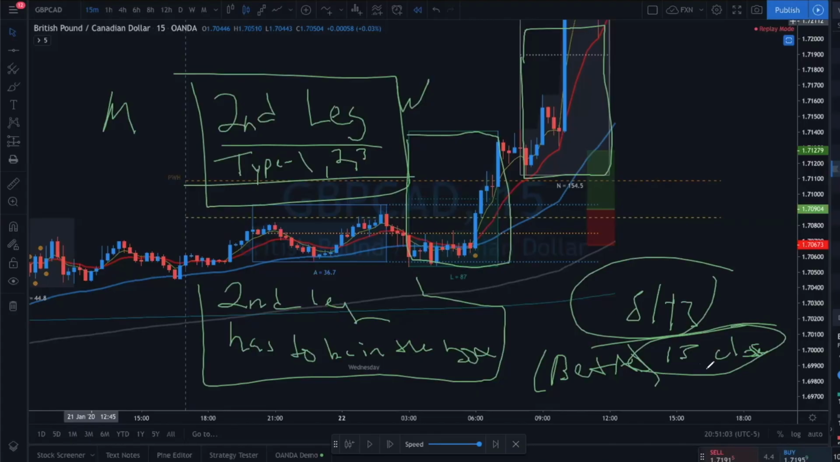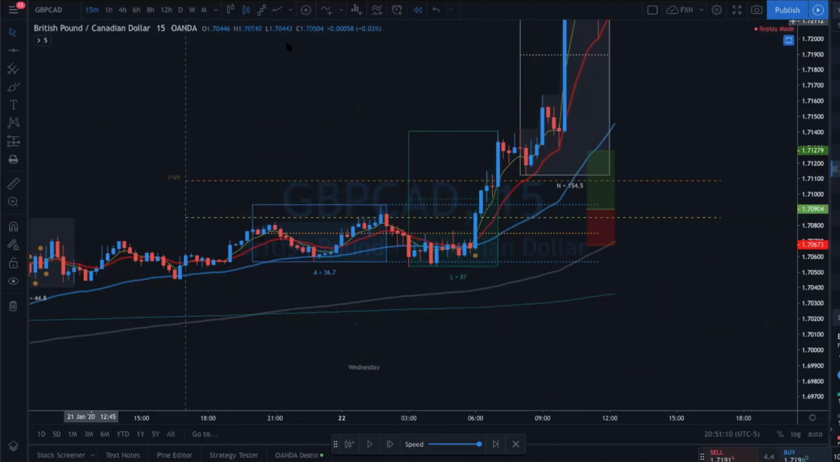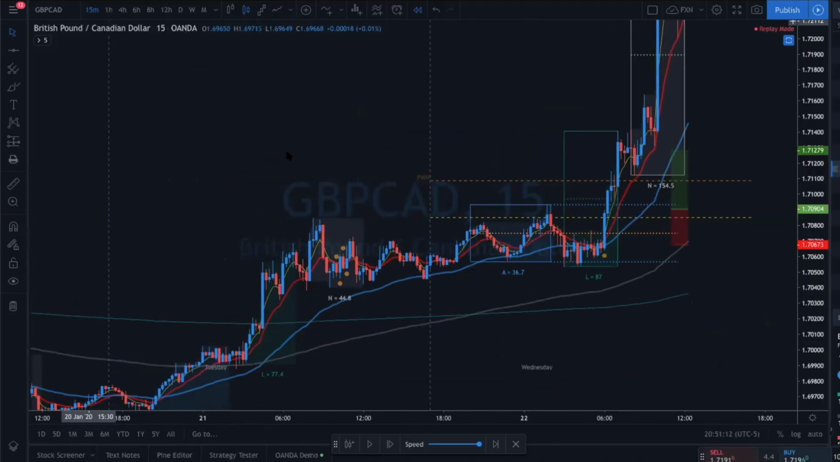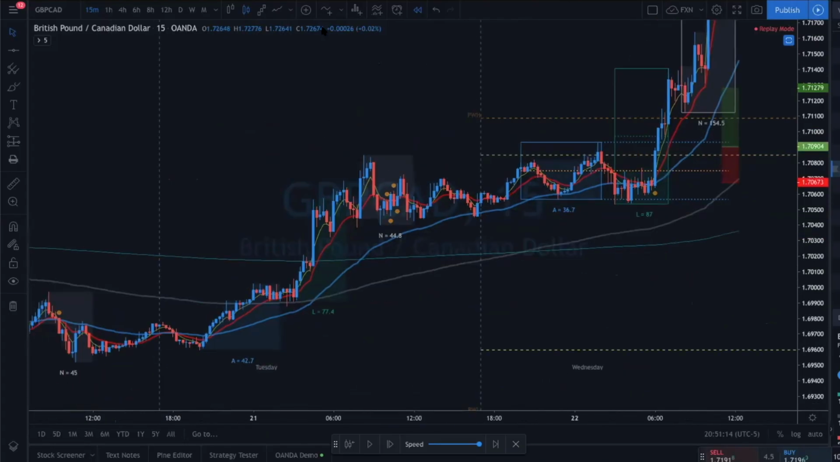Okay. The second leg, it could be going into, let's say, the London box. So you could have a first leg in the London, second leg in the New York session. You could have both legs in the London box. You could actually have both legs in the New York session if all they did during the London session is